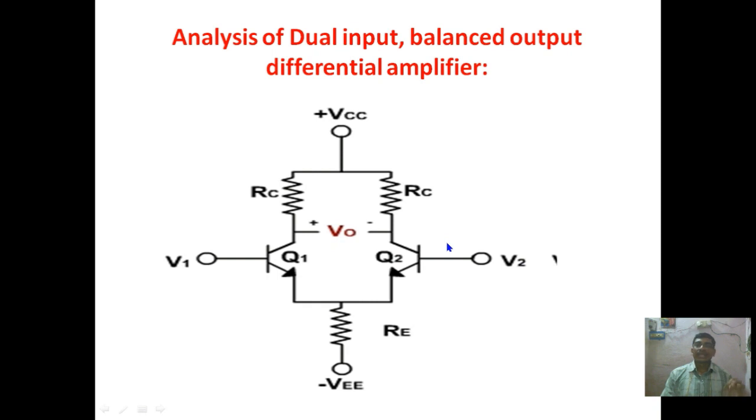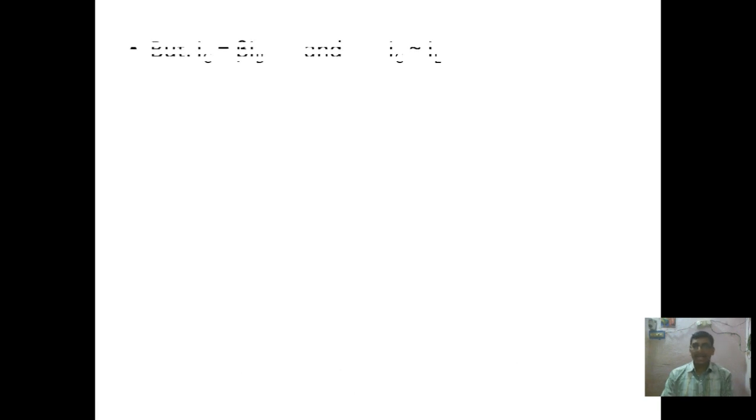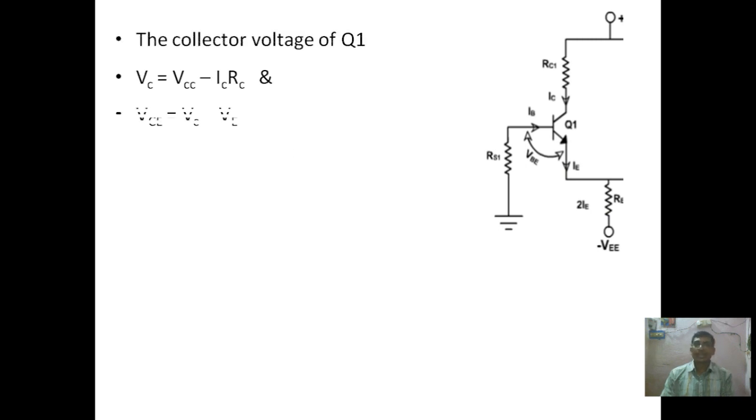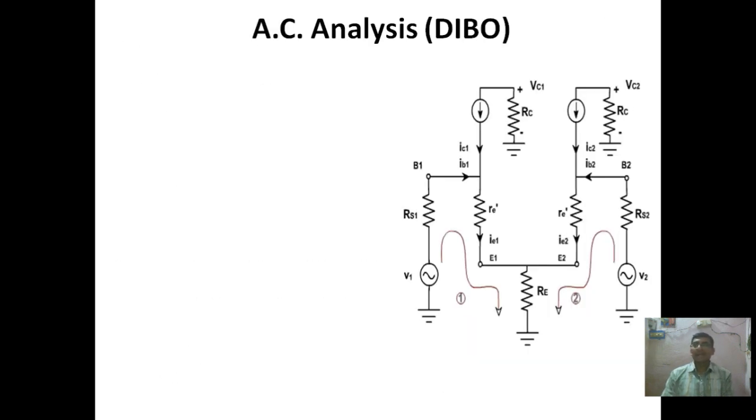So we can do the AC analysis in both ways, in the H parameter model or in the R parameter model. Here I am going with the R parameter model because it is simpler. It is very simple and the results are approximately equal to the actual results. And one more thing, we can easily remember the equations obtained from the R parameters. Another reason to go for R parameters is that it is simpler and less cumbersome. So that is why we are going for R parameters.